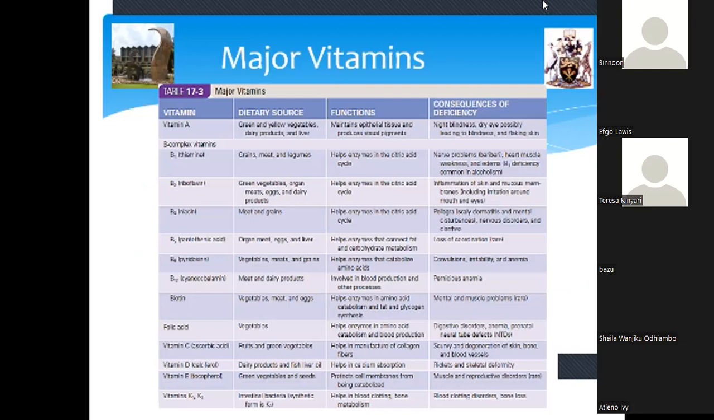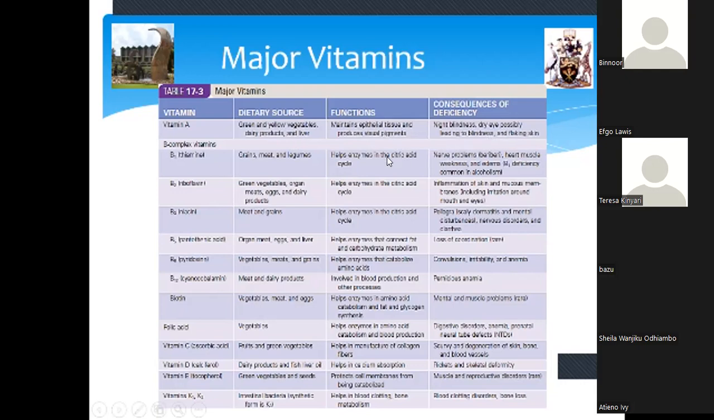And as you can see, we have several diet sources that are indicated and several different functions. And you can see the consequences of deficiency when we don't have these vitamins. Vitamin A, for example, has a very good source from green and yellow vegetables, dairy products, and in the liver. It's important in maintaining the functions of the epithelial tissues, and producing the visual pigments. When you don't have vitamin A, one will experience night blindness, dry eyes, possibly leading to blindness, and also flaking